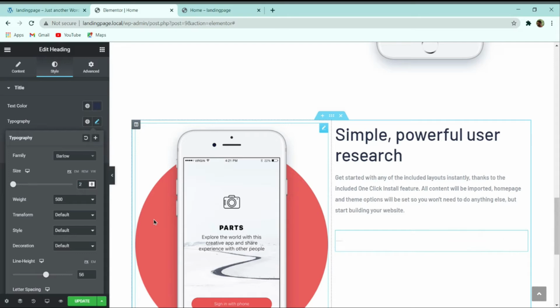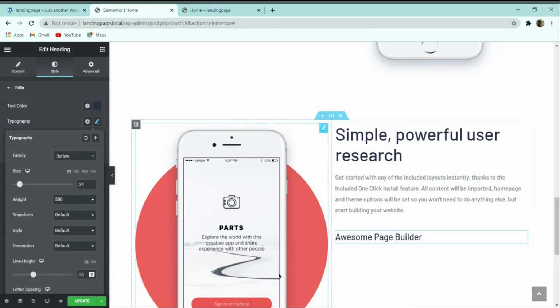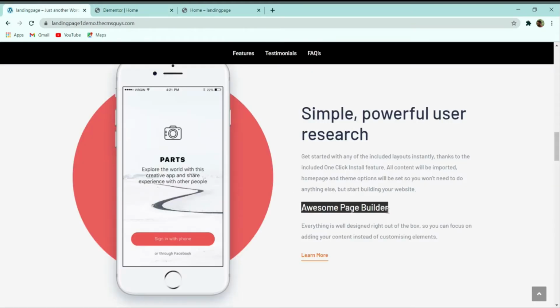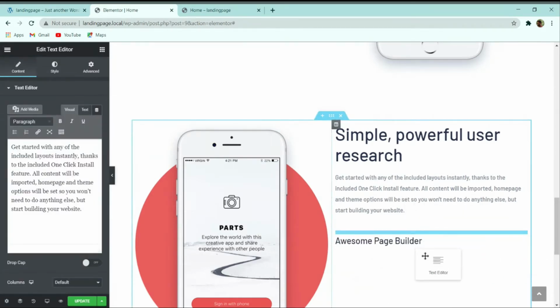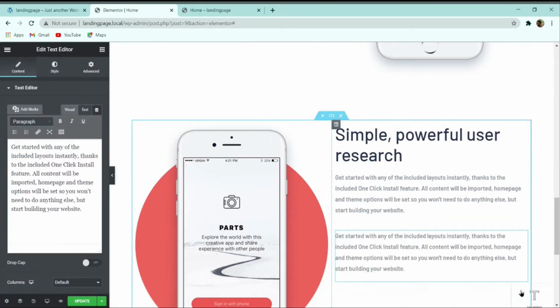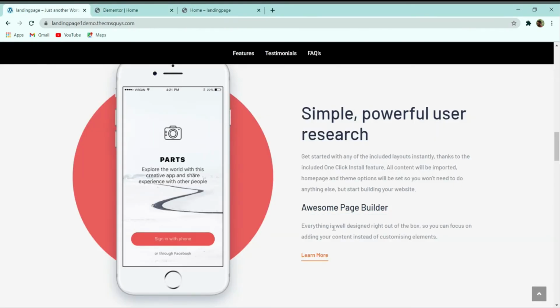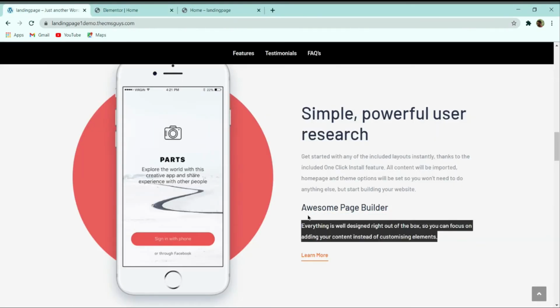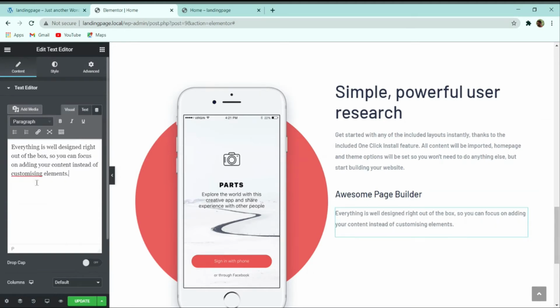Here I can make the size 24 pixel, and here I will make it 35. With this, you can see that again we have the paragraph text. For this paragraph text, I can duplicate this one and take this awesome page builder up. Now simply copy the same paragraph from here and paste it here.